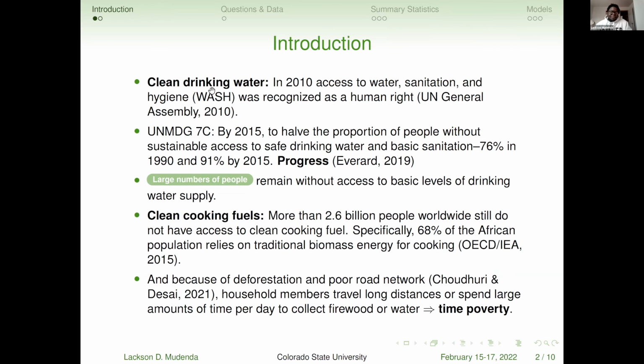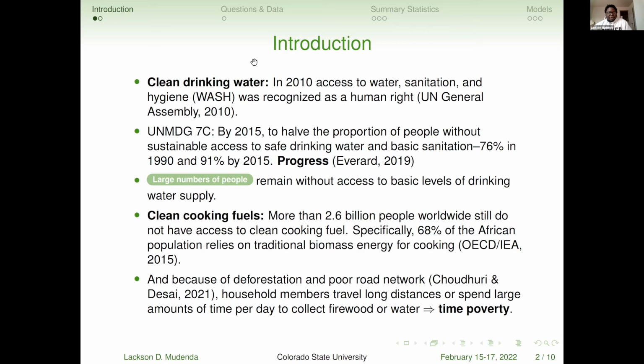Drinking water was declared a human right by the United Nations General Assembly in July of 2010. And of course, there have been a lot of efforts to improve access to safe drinking water. For example, the United Nations Millennium Development Goal, Target 7C, indicates that by 2015, the target should be to reduce the number of people without access to safe drinking water by about half. And if you look at 1990 as a baseline, you can see that 76% of households around the world had access to safe drinking water. And by 2015, this had improved to about 91%. This is a lot of progress. And as Everard has put it in 2019, this is the first international drinking water target to ever be met